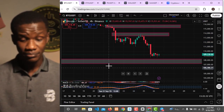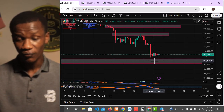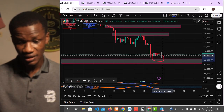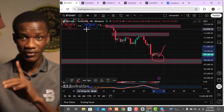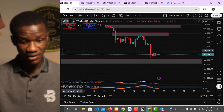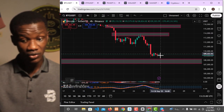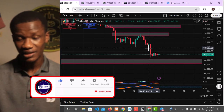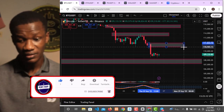And this is very, very important, because from here, between this area of $107,000 and where the market is right now, we should see the market retrace upward. And the points I am expecting are these various points on price action right now. And the first point you should pay attention to is this very area. I know there is a point of interest at this very point, but I will not consider it, because if the market should move upward, the market should cover this very area, and that will make us move a little bit upward into this very area of